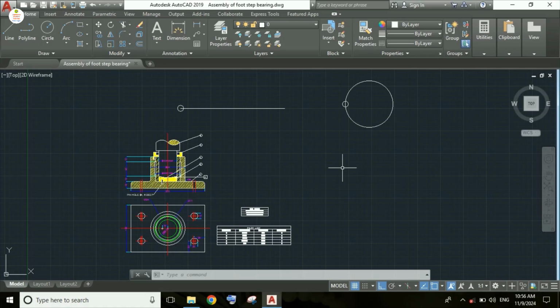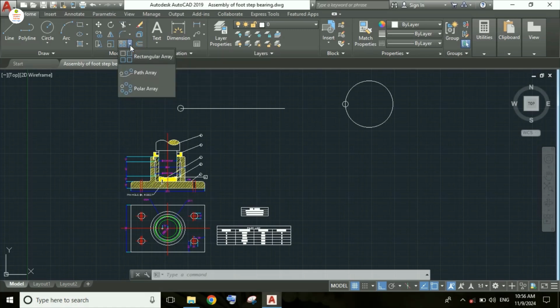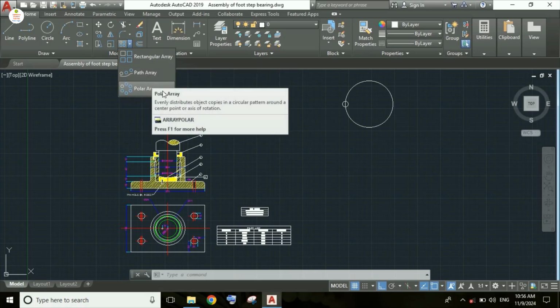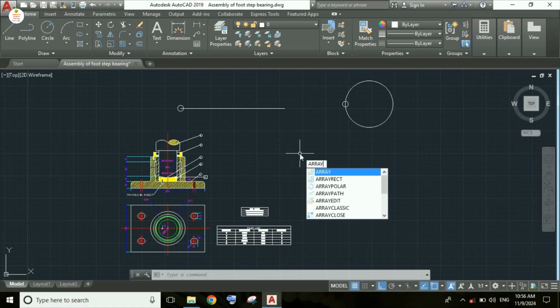So students, let's first see how to call this array command in AutoCAD. For that you can directly use your mouse and click here, as you can see, and the rectangular array, path array and polar array commands are there. Or the second method is you can directly type array in the command bar like this and